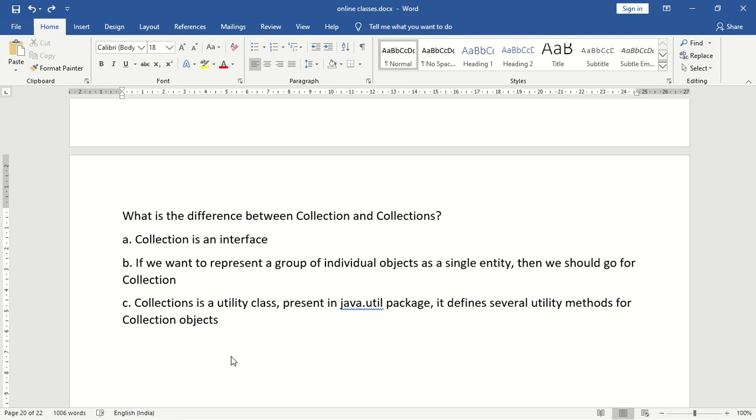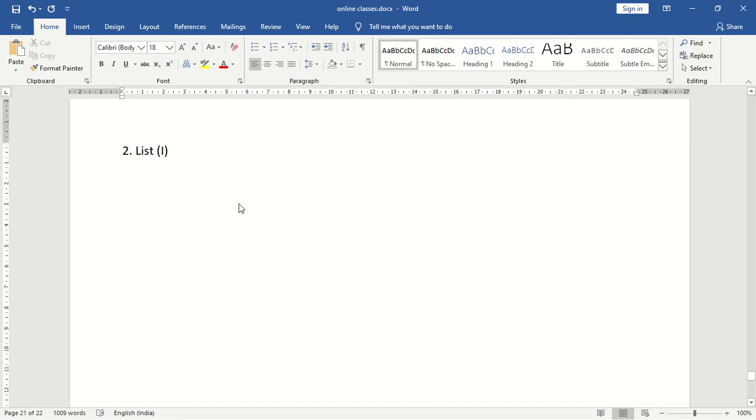If we want to represent a group of individual objects as a single entity, then we should go for the collection interface. Why is the collections class required? Collections is a utility class present inside the java.util package. Next, it defines several utility methods for collection objects like sorting and searching, etc. So now we are going to see the second interface in collection framework. So what is the second interface?